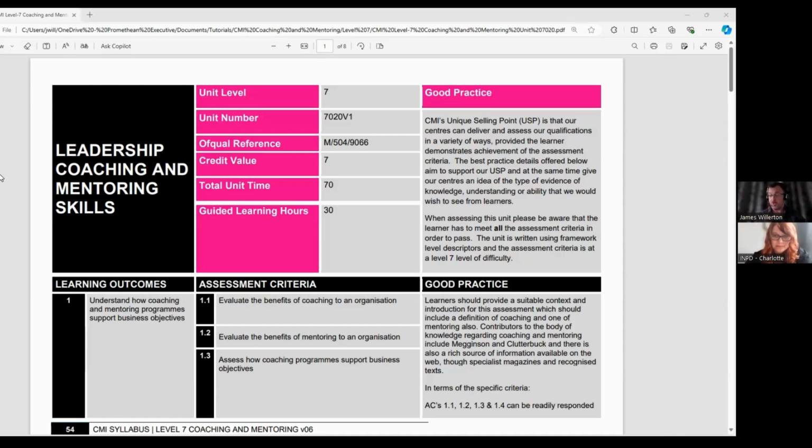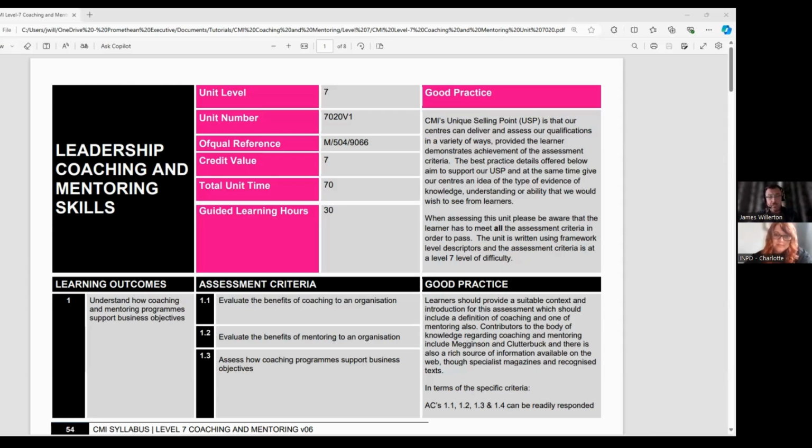That just ensures that your risk of referral is lower because the markers know exactly where they need to go to see the information they need, and it also ensures that you've got the adequate airtime for mentoring in particular as compared to coaching, because often people squeeze the mentoring out and then get referred. So our advice straight away is try and keep the responses separate for coaching and mentoring, and really try and tease apart the differences between the two practices in this assignment as you go through it.